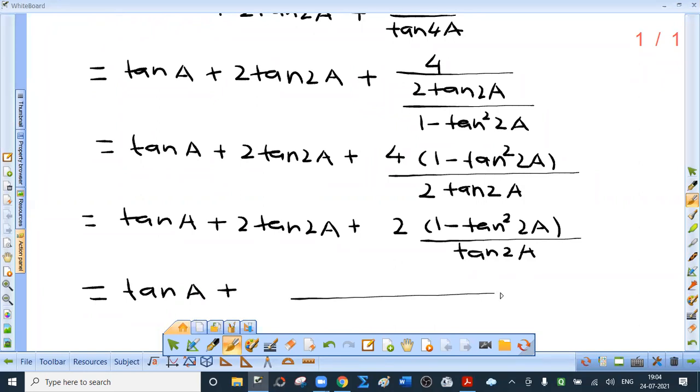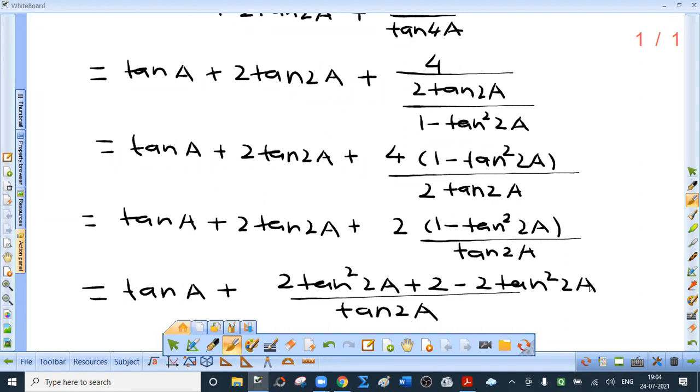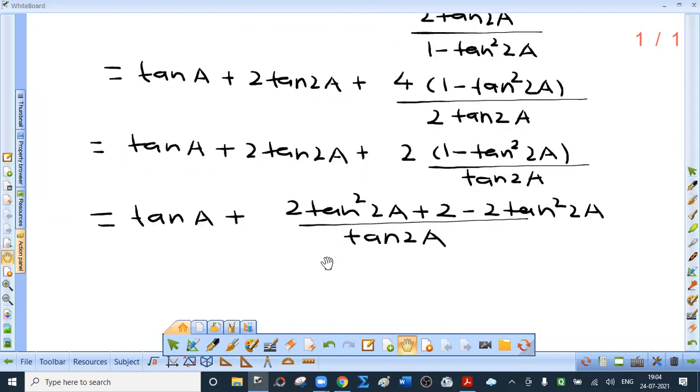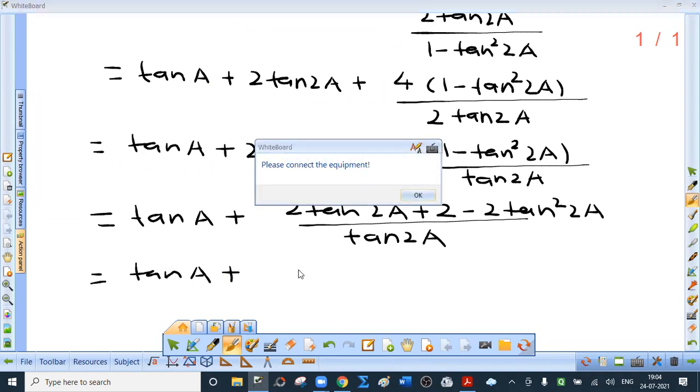Now I will add these two terms. What is the LCM? Tan 2A. What will be the numerator? It will be 2 tan square 2A plus, here open the bracket, so 2 minus 2 tan square 2A. So this is tan A plus what remains is just 2,